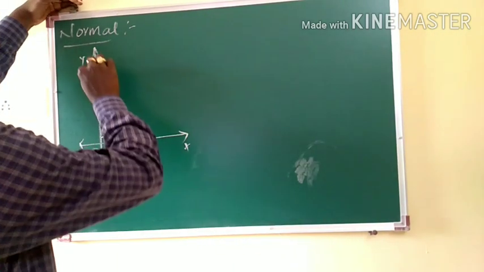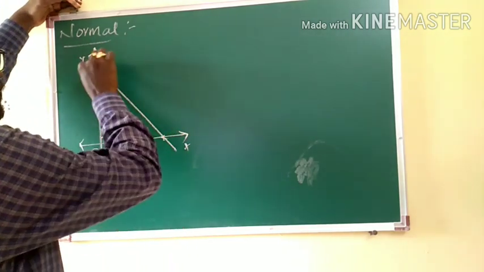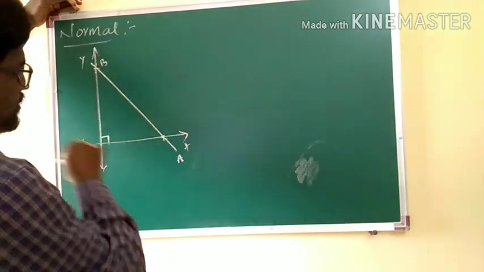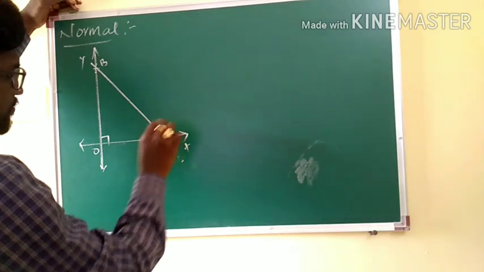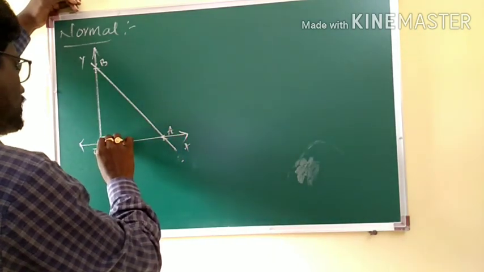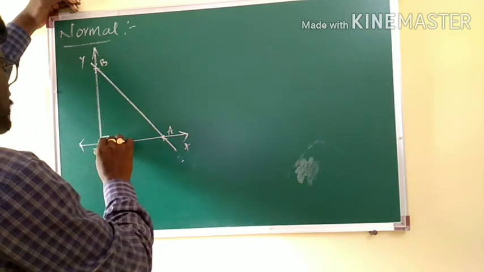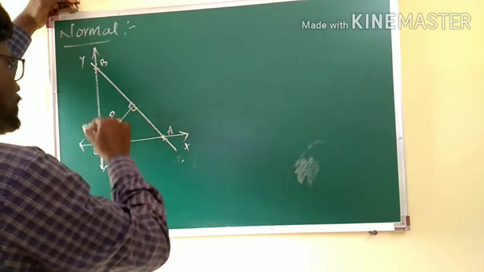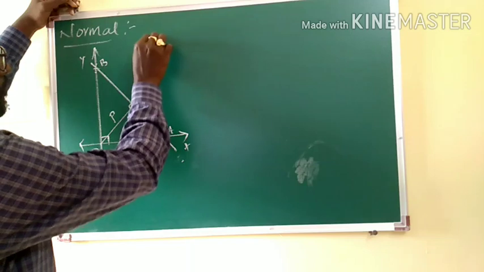And if a line AB is going to cut the x axis and y axis at some points, let's say A and B, and a normal to the line AB, which is taken from the origin, is at P units away from the origin, means OM is equal to P,